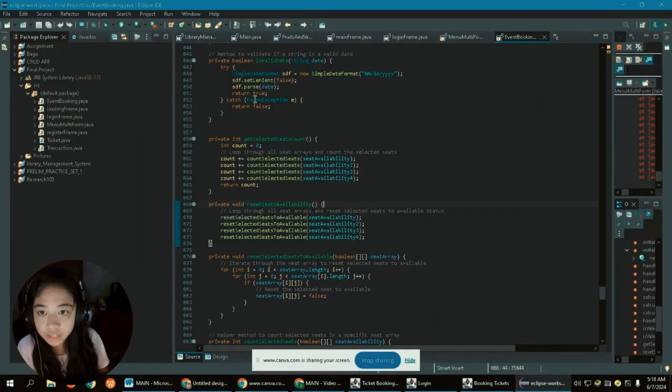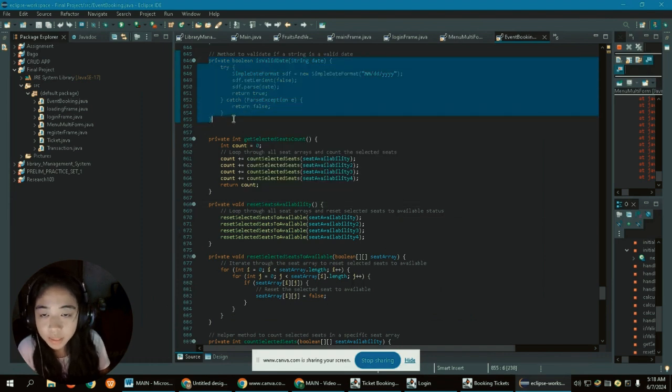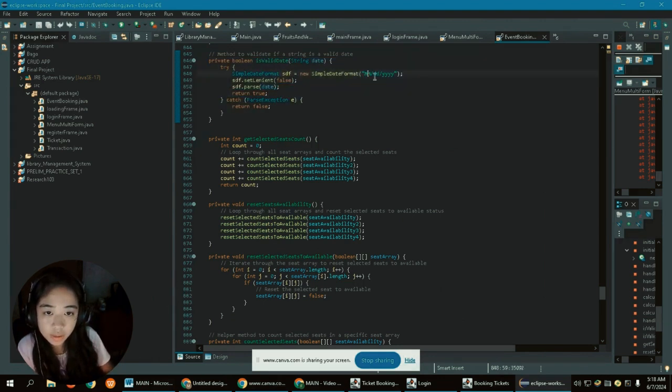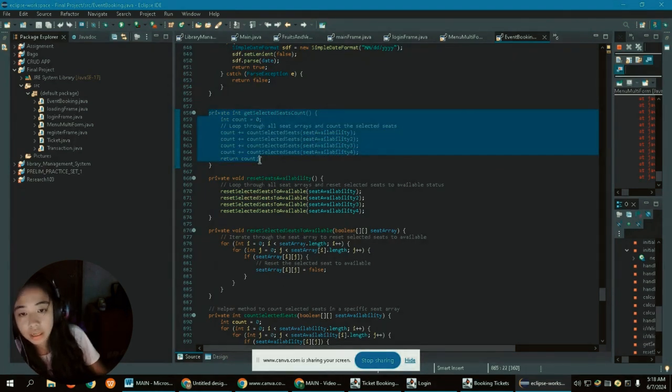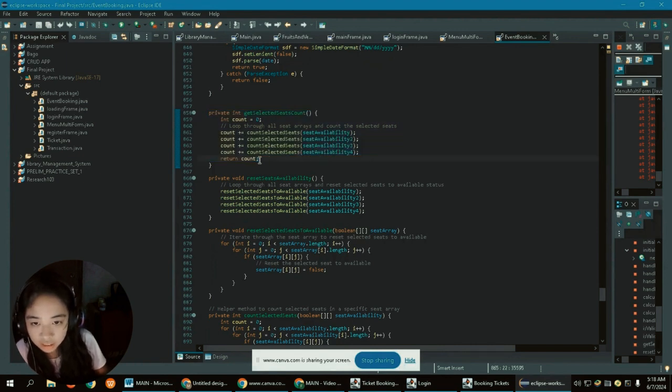In line 846, this method validates if a string is a valid date. It represents the month, day, and year, and otherwise returns false. Next, it loops through all the seat arrays and counts the selected seats, checking whether each seat is available or not, and then returns the count.